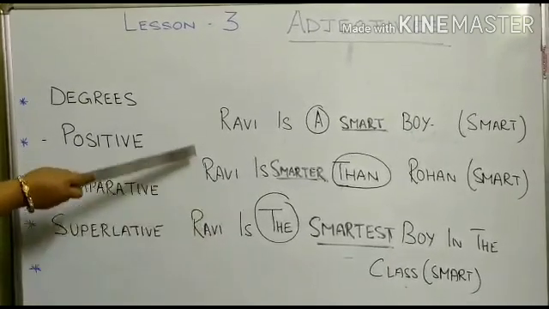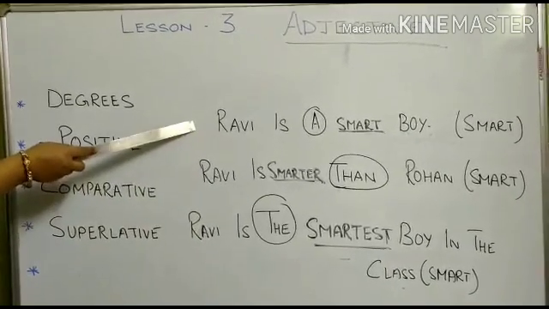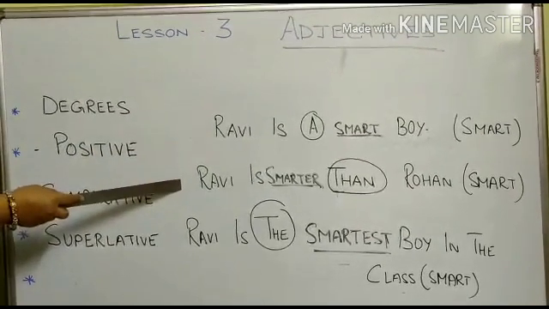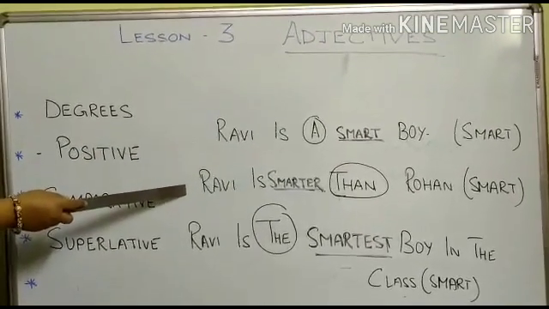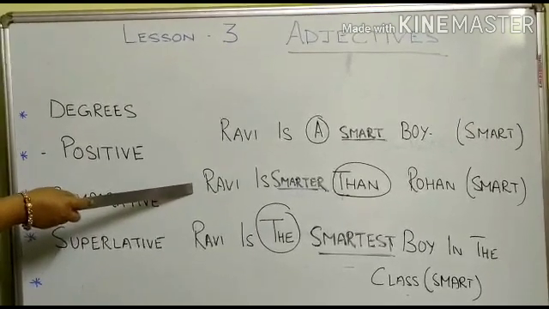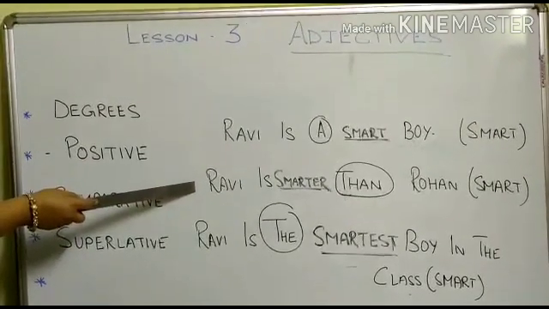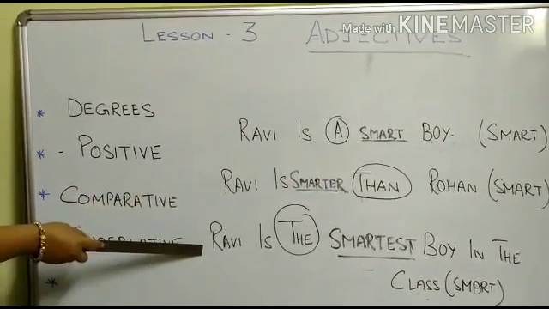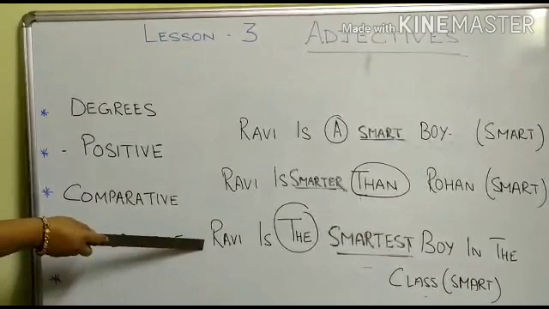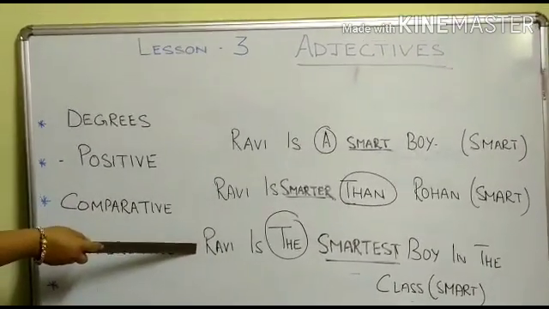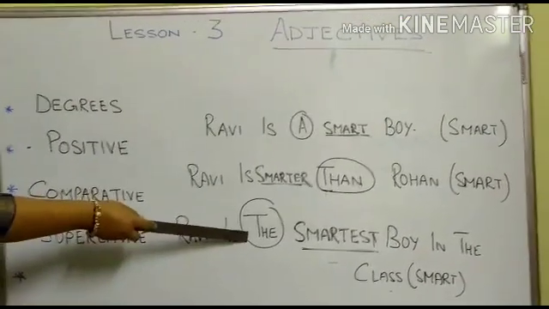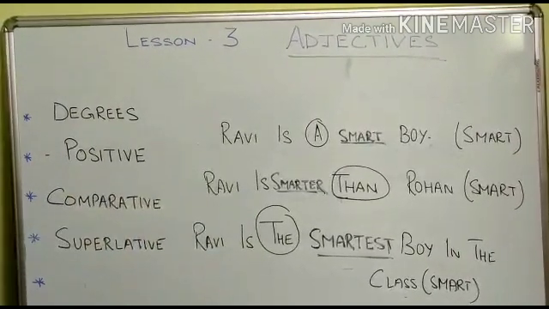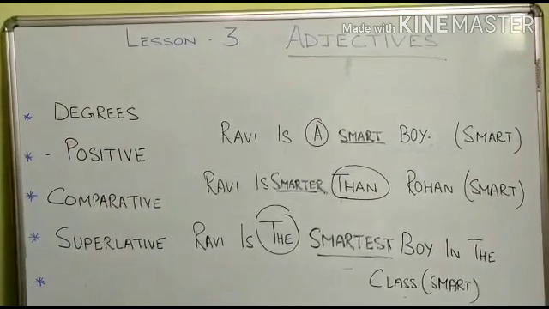So do remember, in the positive degree, we will put the same word which is there in the bracket. In the comparative degree, if "than" is there in the sentence, we will add ER and make the adjective comparative, and then put it in the blank. And in the superlative degree, when the comparison is between one person and a group, and "the" is there in the sentence, then we will add EST and make it superlative. Now students, let us see the textual exercises.